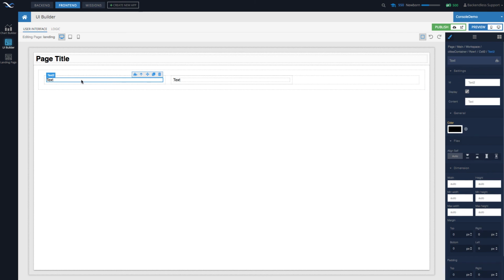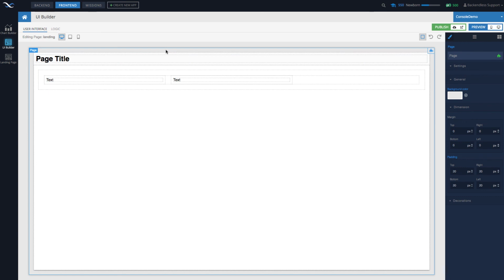So this text will display the name of the country. Now, name of the country is going to be a little bit more challenging because the country is really a separate object than the city. What's going to happen is when we retrieve collection of cities, we will modify our query so every single city also contains the actual country object that it belongs in. Let's make this change first.